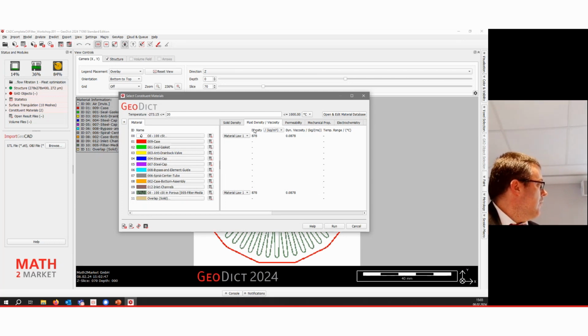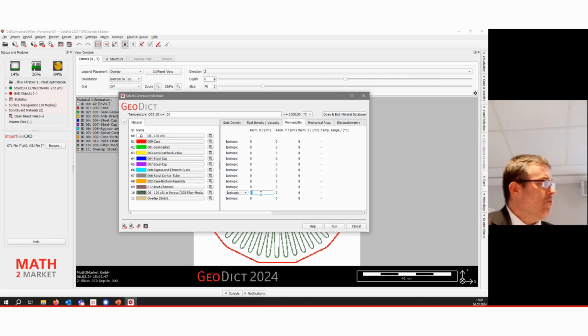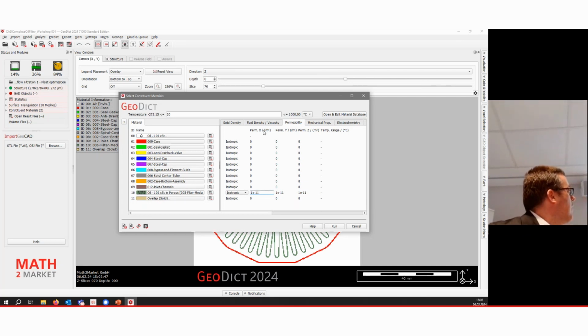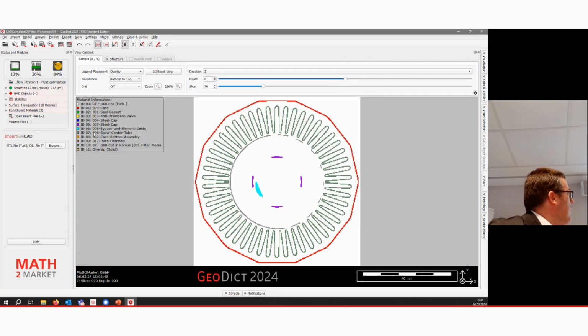So go here to the permeability and enter that. What's that, 10 to the power minus 11, isn't it? No? Oops, that would be 10 to the power minus 10. So 10 to the power minus 11. And then it assigns everything, and we have here our filter medium.